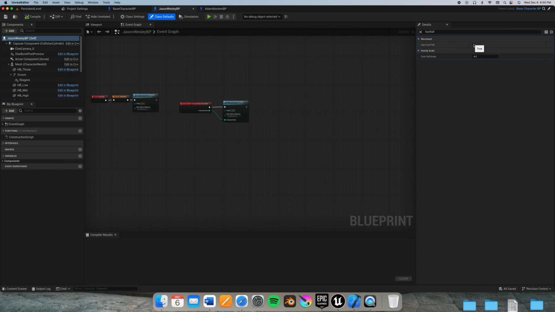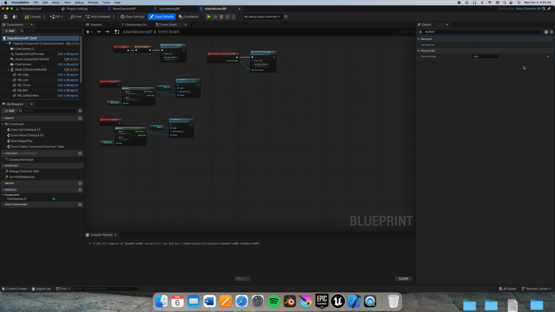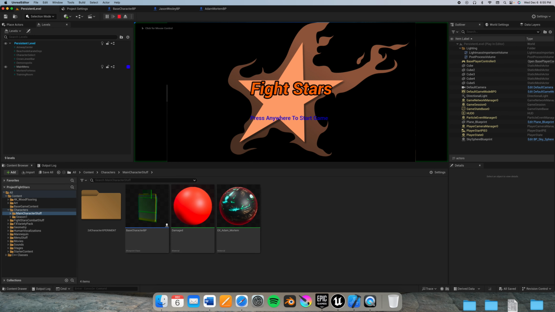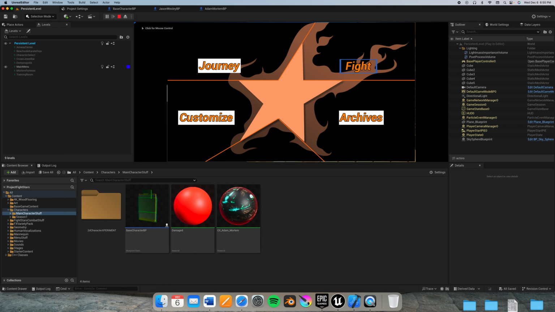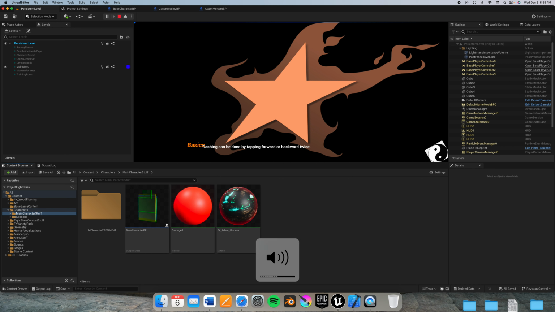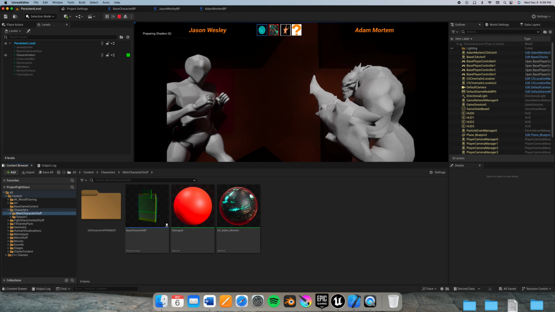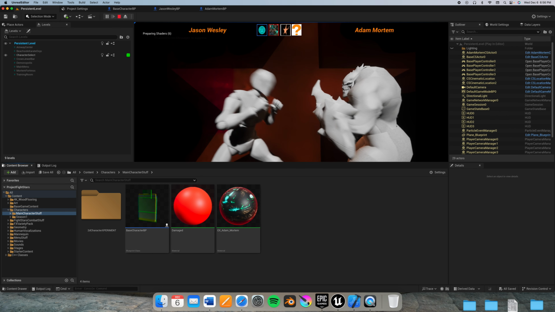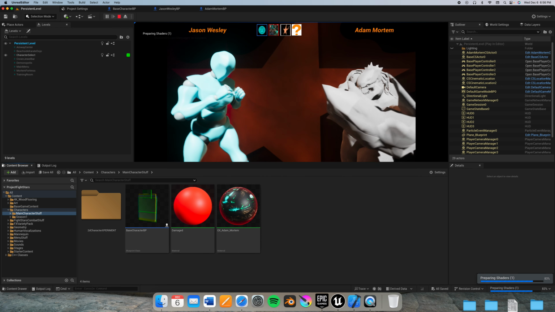We can set their can fast fall to false and their gravity scale to something different. For Adam Mortem, I've decided to give him a value for fast fall scale to be 10. That way you can see the difference between gravity. And this time we'll go into learn, since I only seek to show the fast falling working today. And this time we are ironically going to be picking Jason Wesley